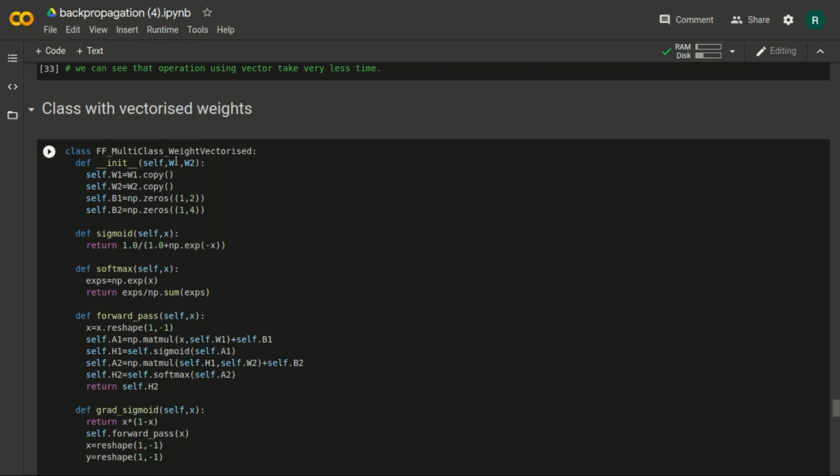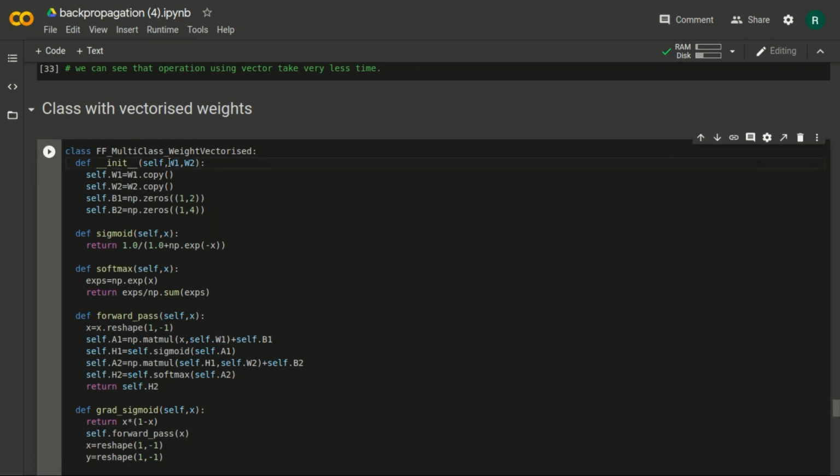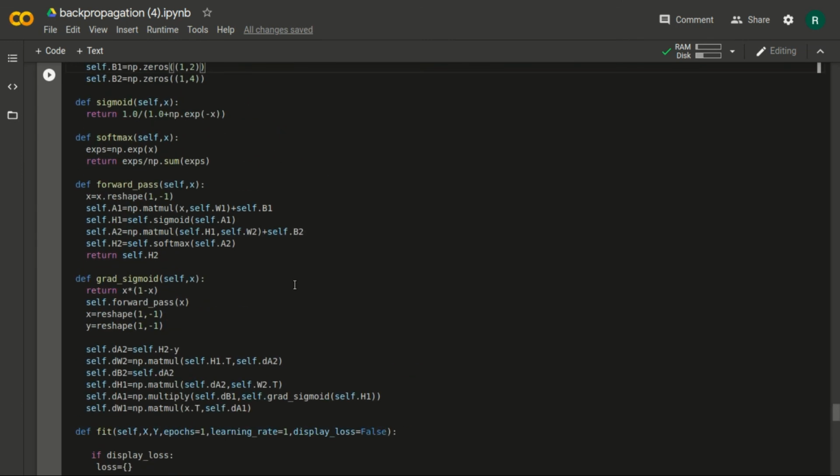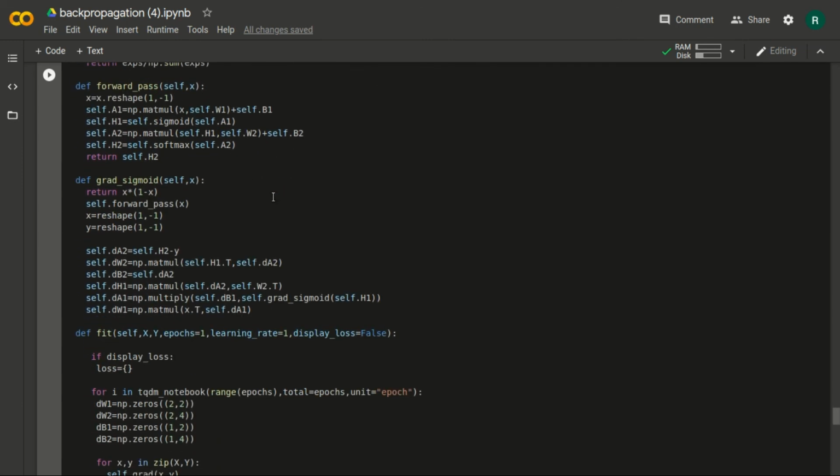With w1.copy, we use the same weights given as parameters for this function, and instead of initializing b as zeros of arbitrary size, we initialize them with the same dimensions. That makes sure our parameters got vectorized. We move on with the same things as so far, defining the forward pass, gradient, and sigmoid as it is.